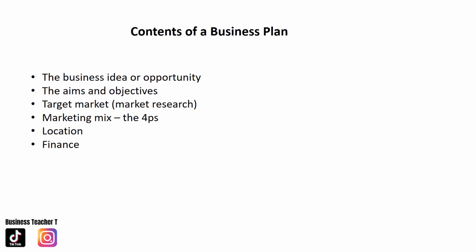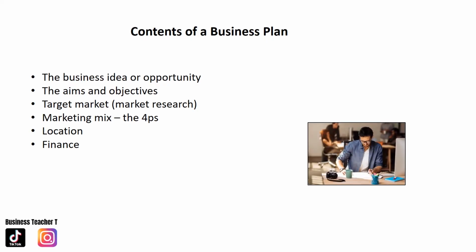Within the business plan, there should also be information about the aims and objectives, so the overall goals of the business, and the objectives will include the steps that the entrepreneur will take in order to achieve those aims. Aims might be varied. They could focus on survival, they could focus on profit, but there will need to be objectives that show the clear steps on how the entrepreneur will achieve these aims.